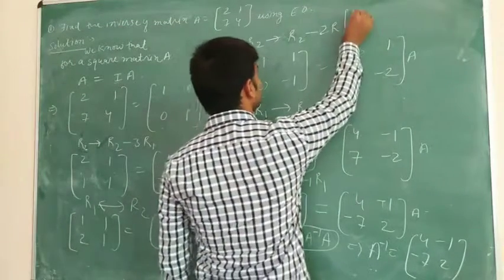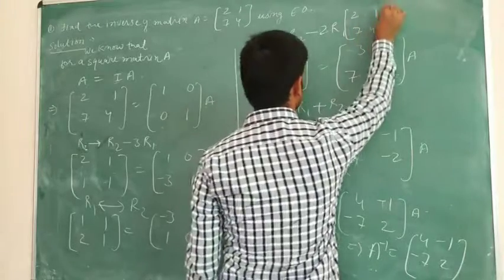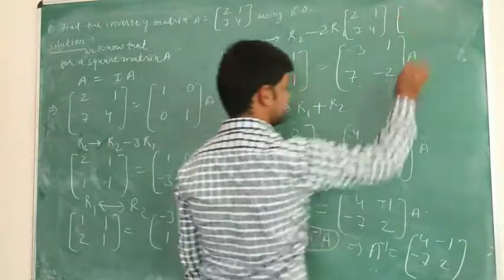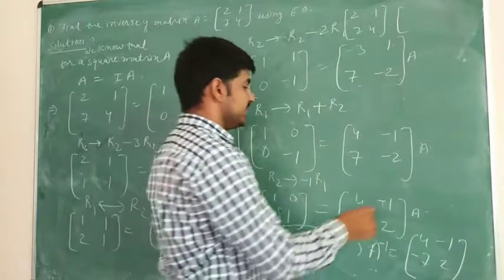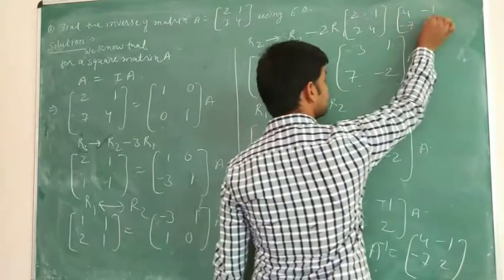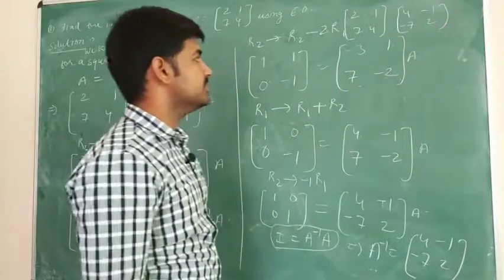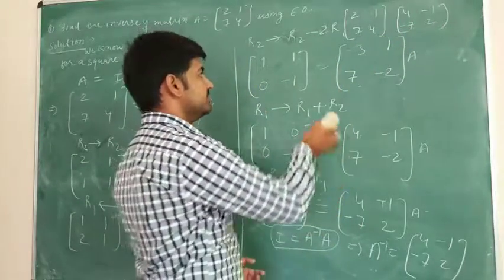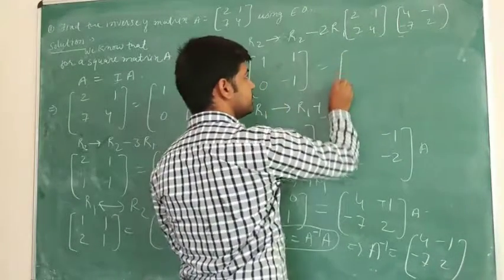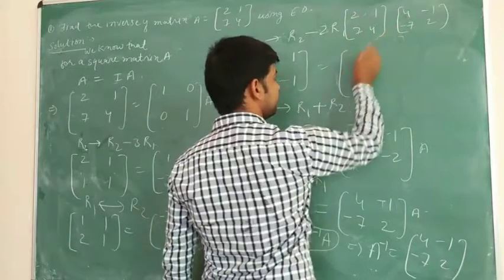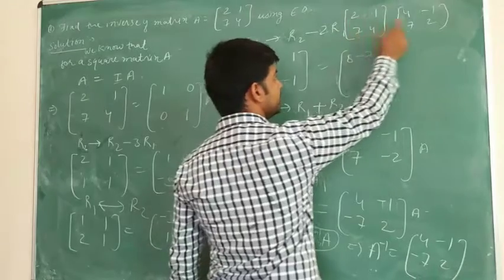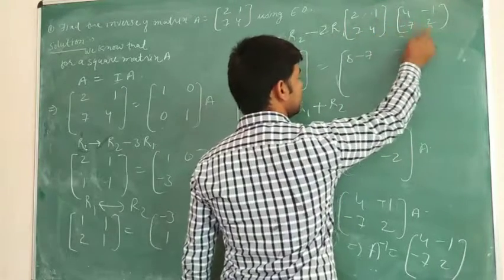So to verify, dear students, we have A as 2 1 7 4, okay, and A inverse we have got as 4 minus 1 minus 7 2. Multiply both of these matrices, students. When we multiply both of these matrices, what we get is, first of all, 2 multiplied by plus 4 is equal to 8 and plus 1 multiplied by minus 7. Okay. Now 2 multiplied by minus 1 is equal to minus 2, and 1 multiplied by plus 2 is equal to plus 2.